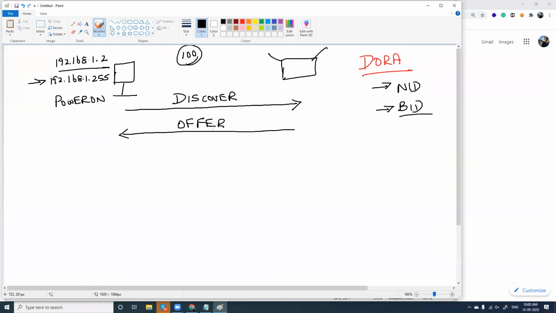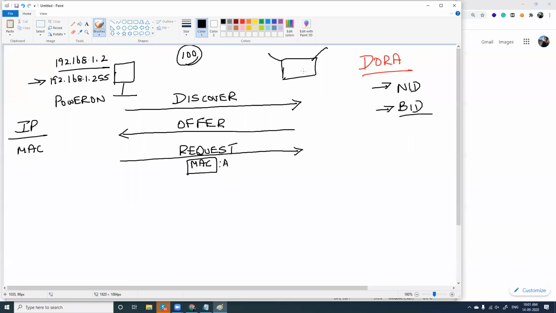What do you want? And this computer in return says, hey modem, I'm requesting an IP address because my IP assigning is marked dynamic. So I have to get an IP address by myself. So I'm requesting an IP address. And in case a computer doesn't have an IP address, what is the other address which we use? It's the MAC address. Fine. So when it is requesting an IP address, it will say, okay, I have this particular MAC address. I am MAC address A, and I need an IP address.